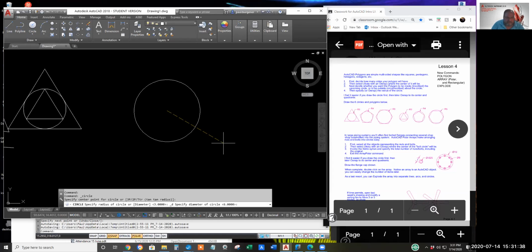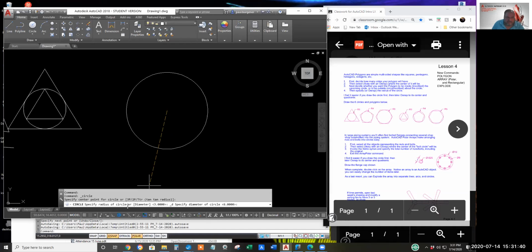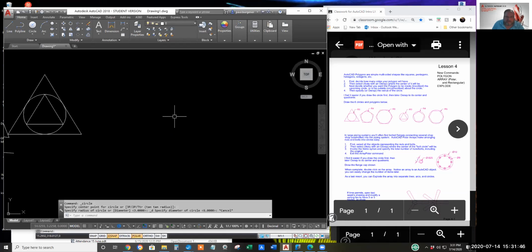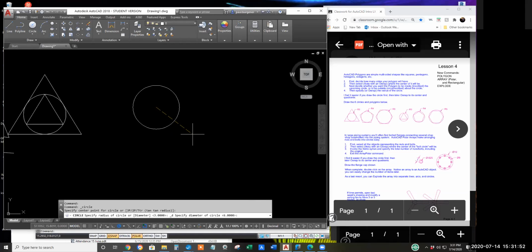It's asking for circle diameter. Cover up the NanoCAD so it doesn't confuse. Where were we? I think I just interrupted the process. Oh, thank you for covering that NanoCAD.